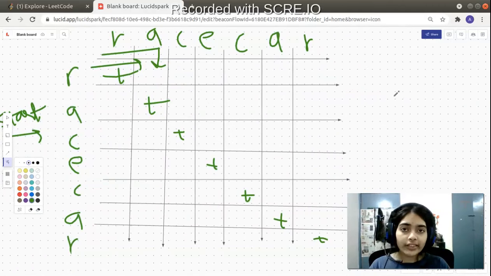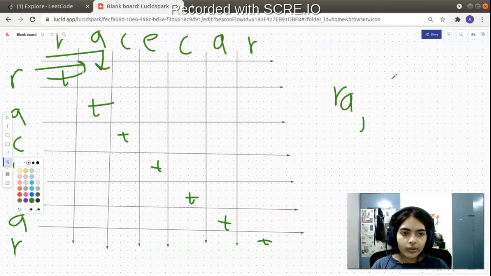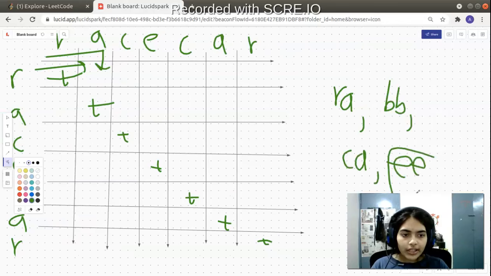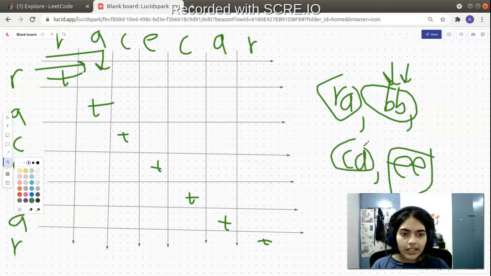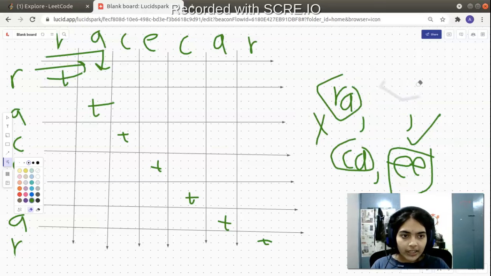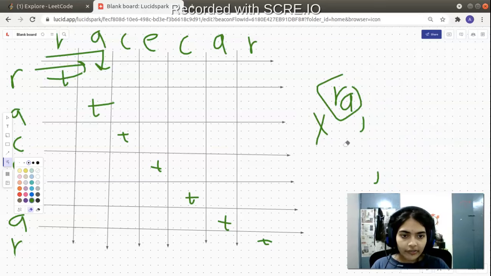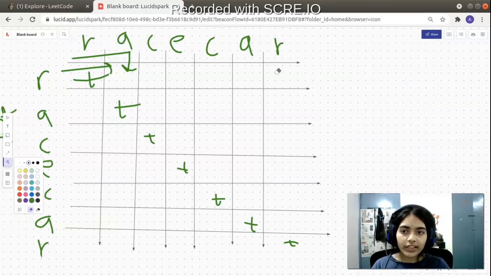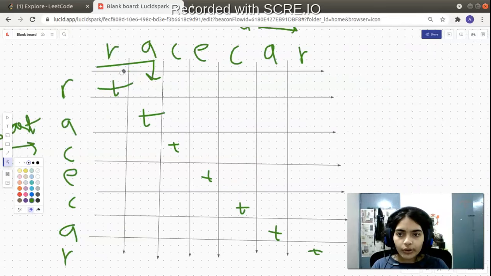If we have a string of length 2, is that a palindrome? How do we check? For checking strings of length 2, it is very simple. See, these are some examples of strings of length 2. In this, EE and BB are palindromes because the first and last characters are equal, and RA and CE are not palindromes, because here the two characters are different. So for checking whether a string of length 2 is a palindrome, you just see if both the characters are equal or not.